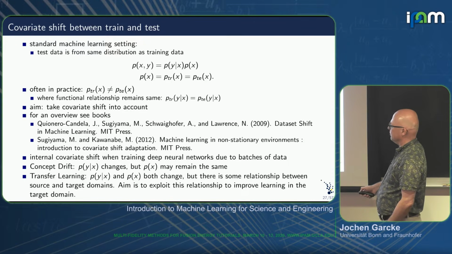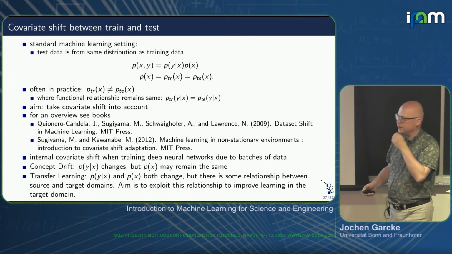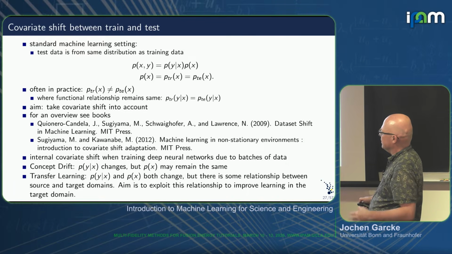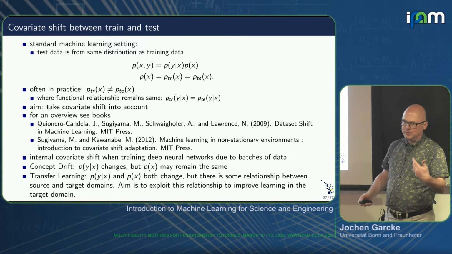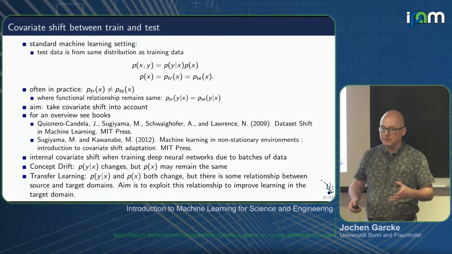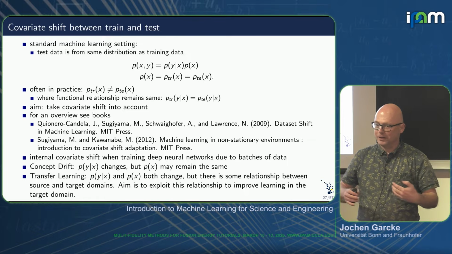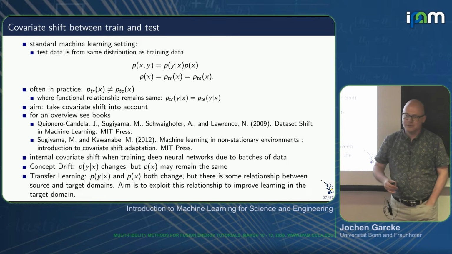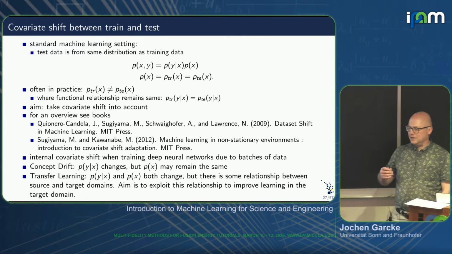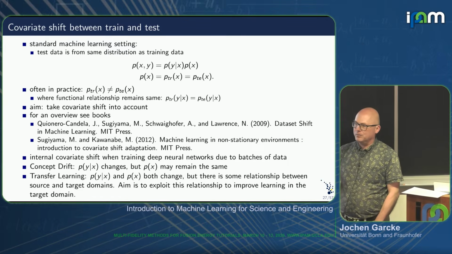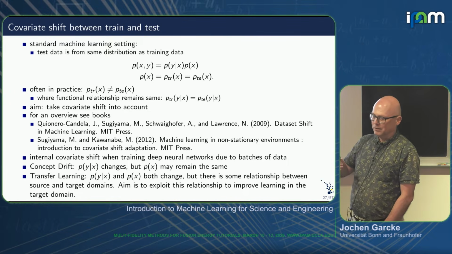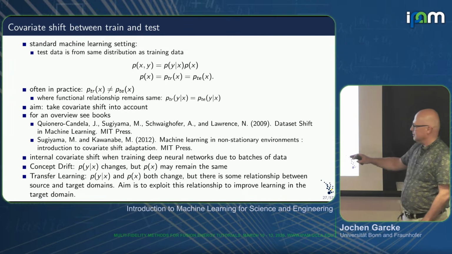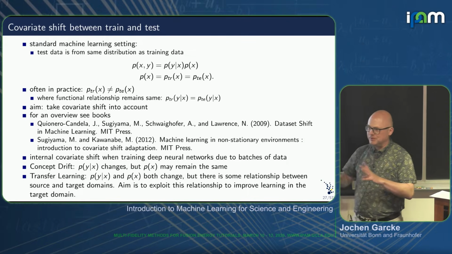There's also some kind of internal covariate shift happening in deep learning. And while we're there, one should also think about concept drift, so that even the functional relationship might change, particularly if what you're observing has some kind of time aspect. Changes over time can happen, and then of course this is something to worry about. So in a deployed model, you still have to measure and monitor that it's behaving as expected.